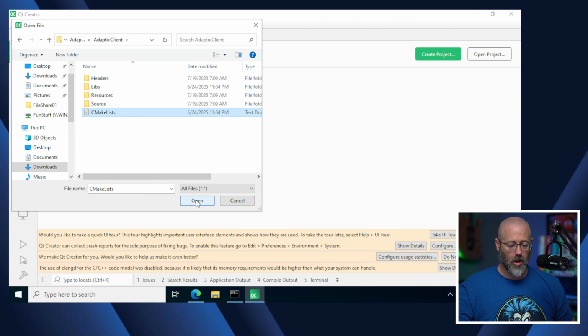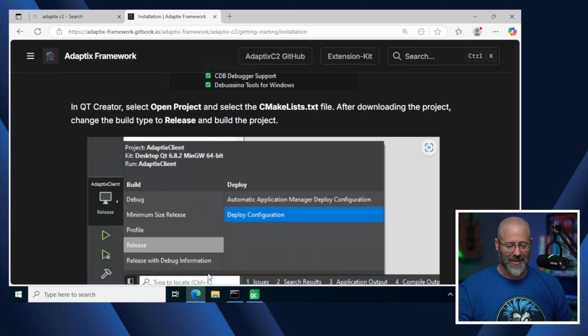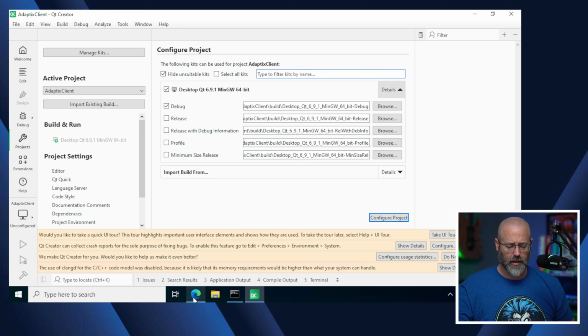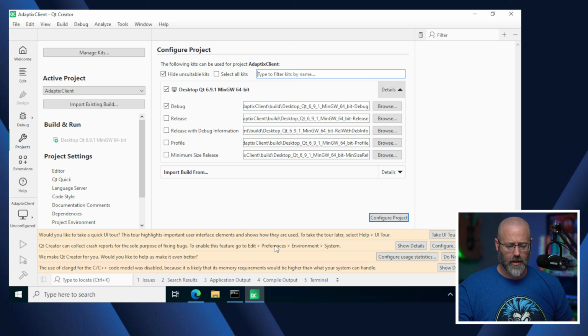Bam. Open. Okay. And then once I do that, it says after downloading the project, change the build type to release and build the project. Okay. And there is a screenshot, so we should probably look at that. Okay, there's release. There's build, there's release, deploy, configuration. Okay. Again, never done this before, but